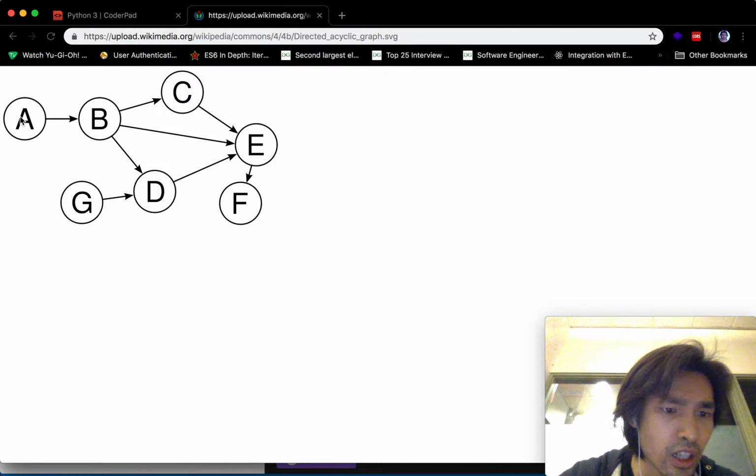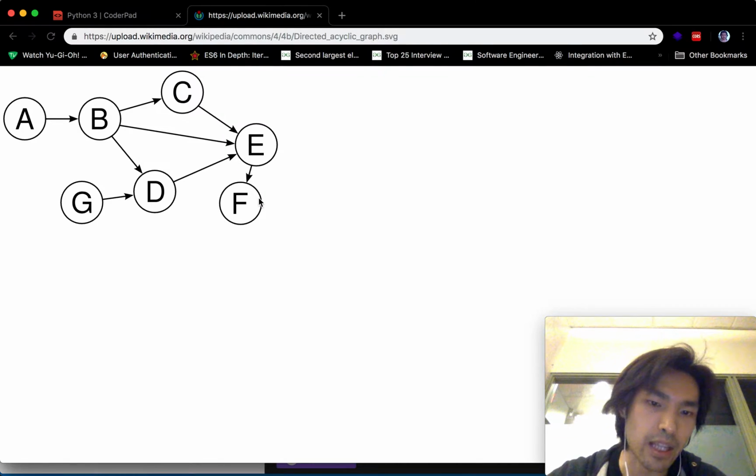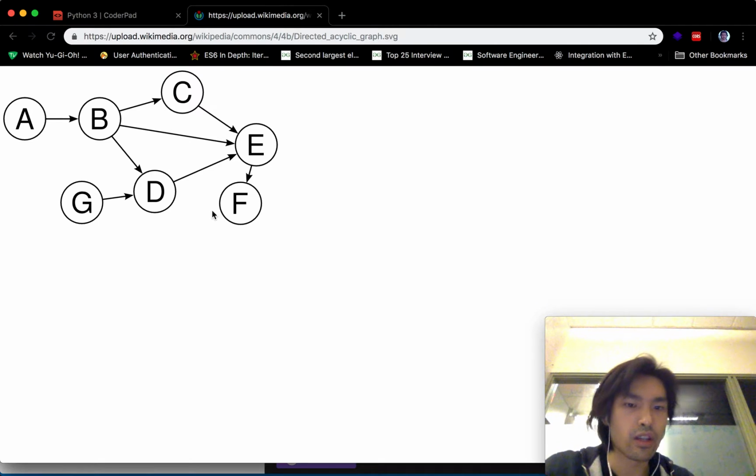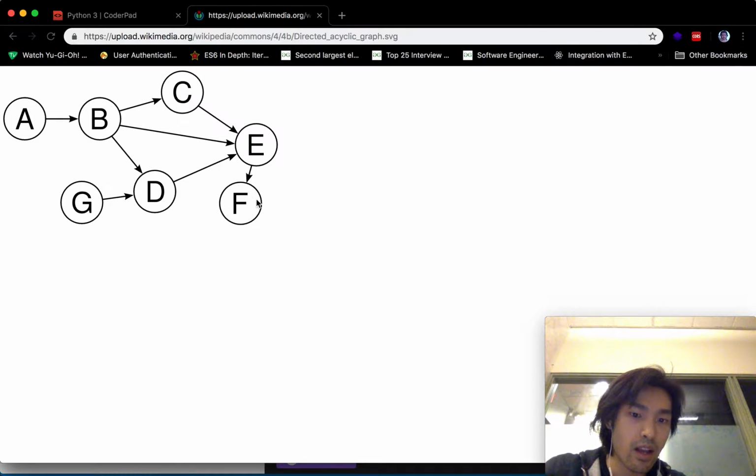So here we see that we start from A and G, and A is dependent on B, G is dependent on D, B is dependent on C, E, D, and E is dependent on F. So F is the only package that is independent. So in this question, F has 0 dependencies,